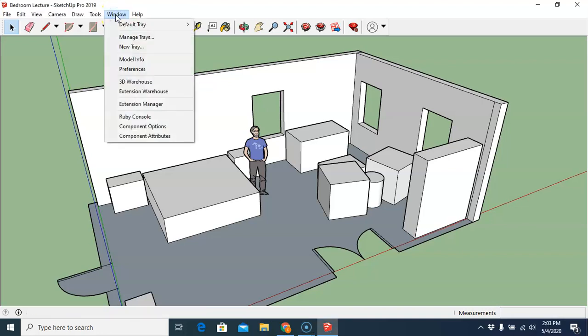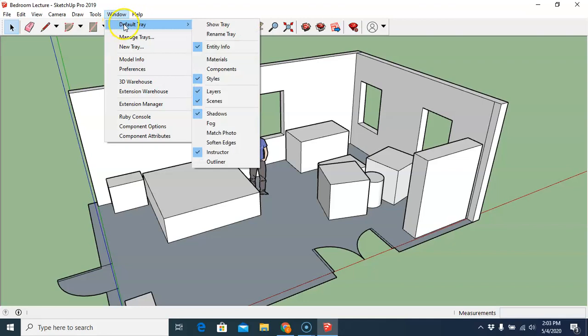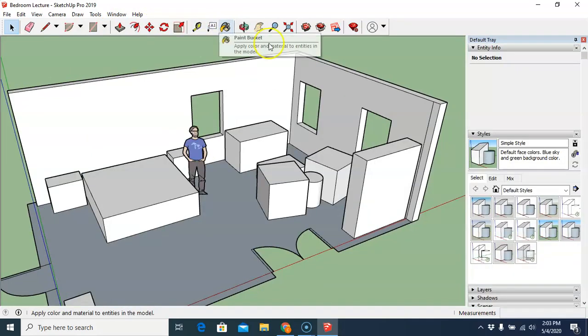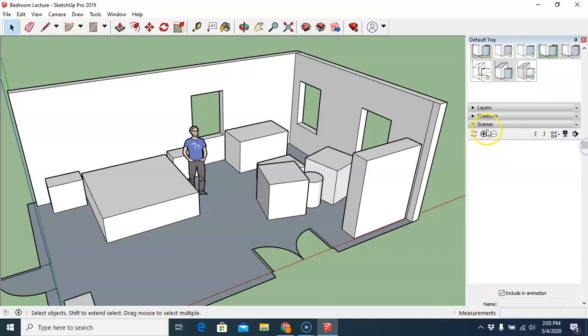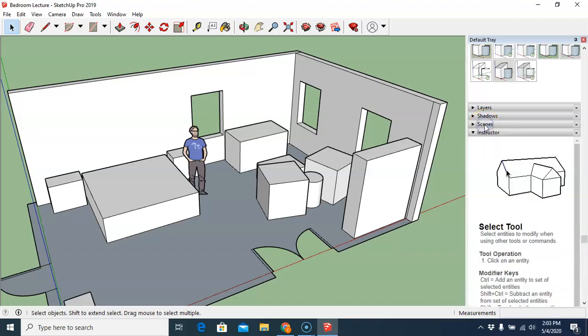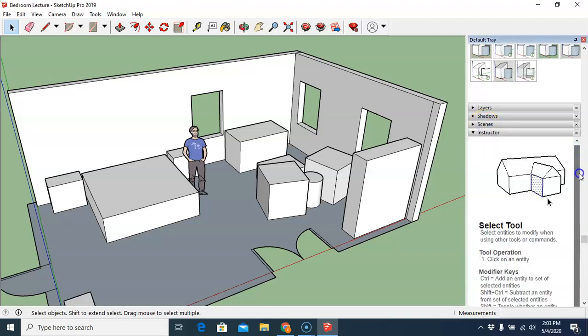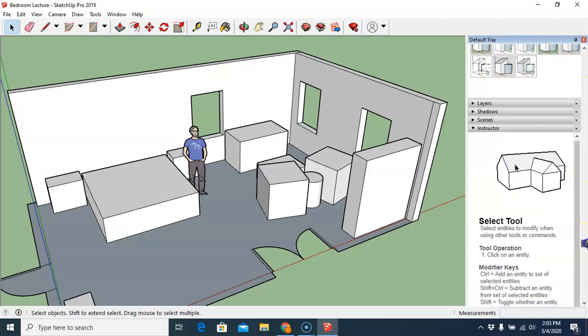Window, and under Window is Default Tray. So pull that down and hit Show Tray. So right over here on the side now is our default tray. And we want to drop down, use the right hand, and we want to go down to Scenes and select the Scene tool. So from there, I'm just going to drop down